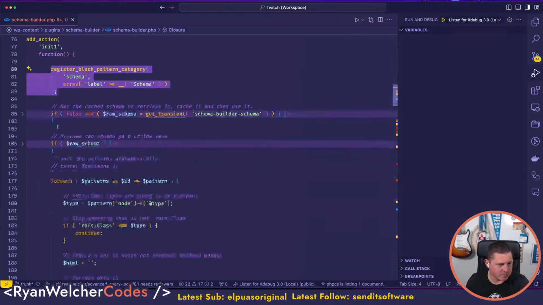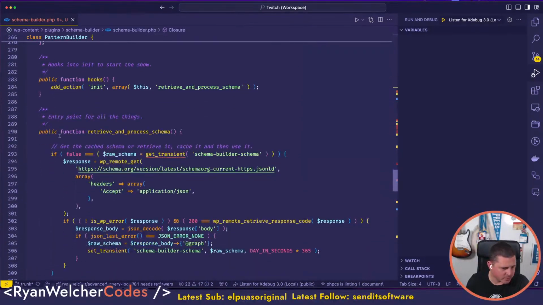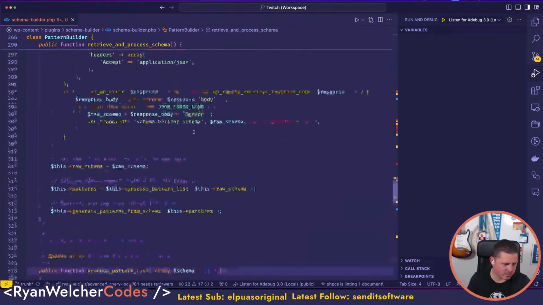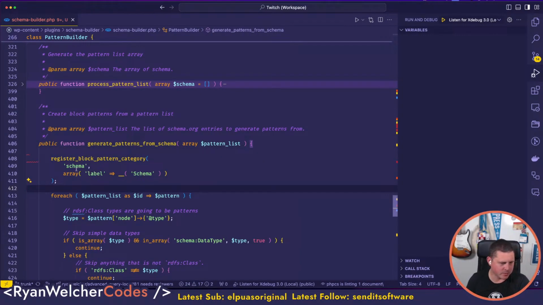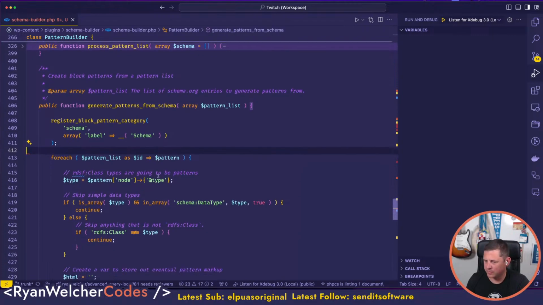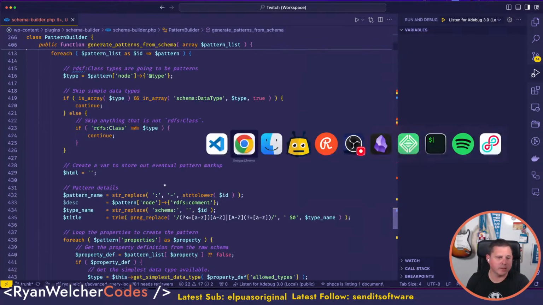This registers the block pattern category, which I'm just going to plunk in here for now. Okay, so this is going to generate the pattern. So I'm going to put that in there, right? Because we're calling some API stuff anyways. We're building a